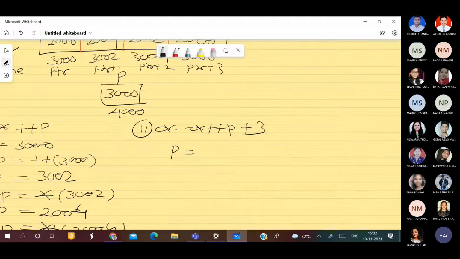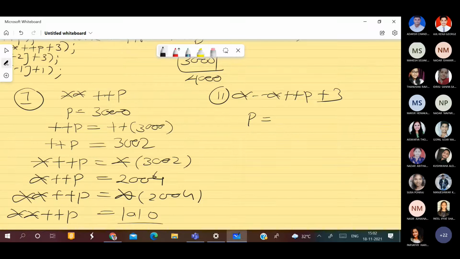What is my P at present? 3000. What is my P ka value?